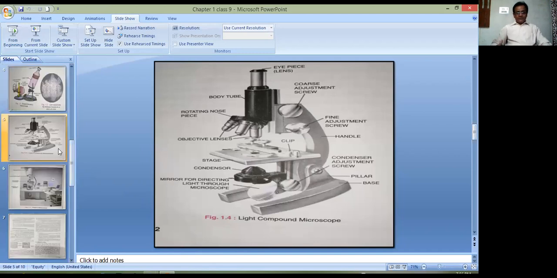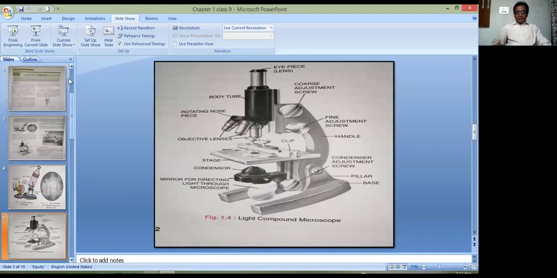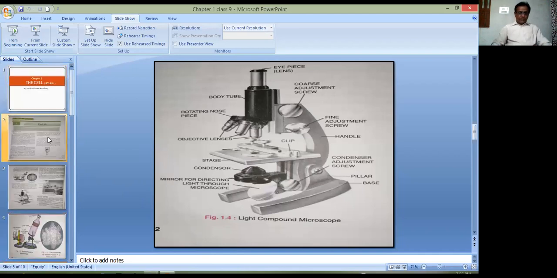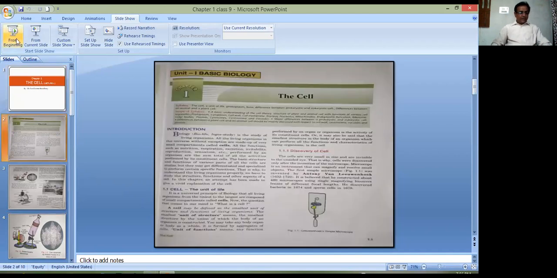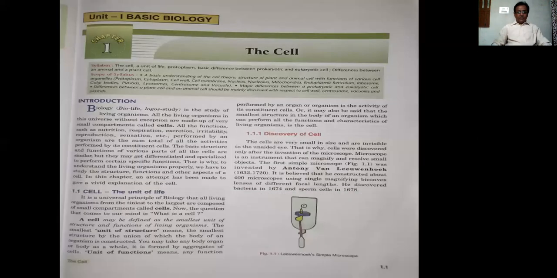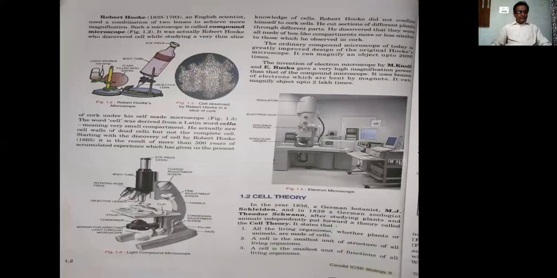The cell was discovered first of all by Robert Hooke when he observed a very fine slice of cork. Cork is a non-living material obtained from the bark of a plant,